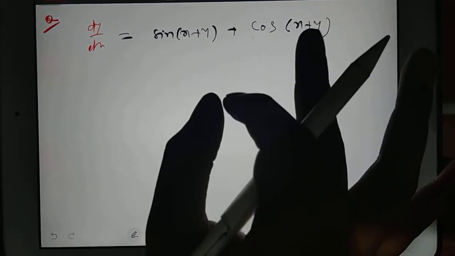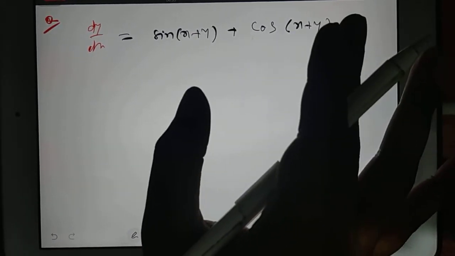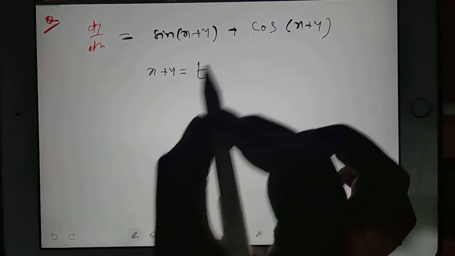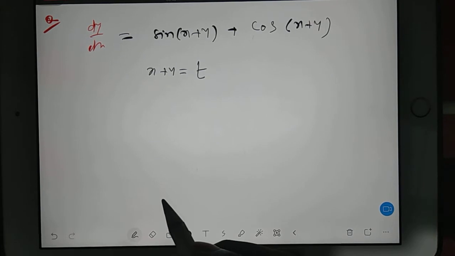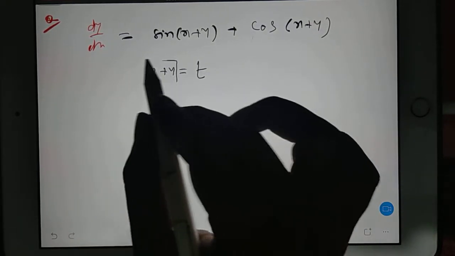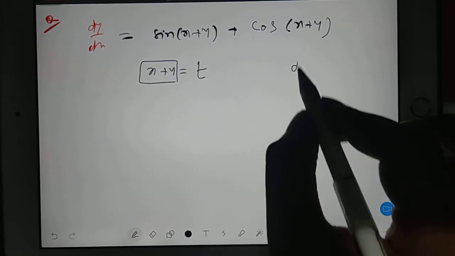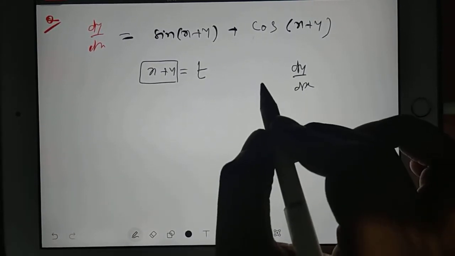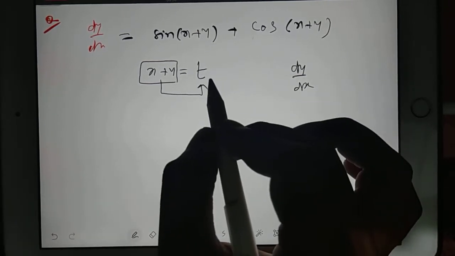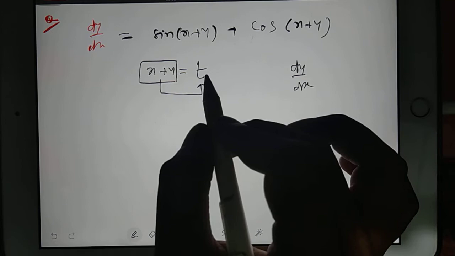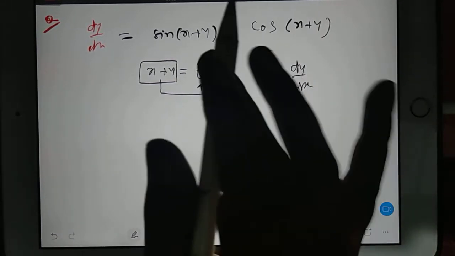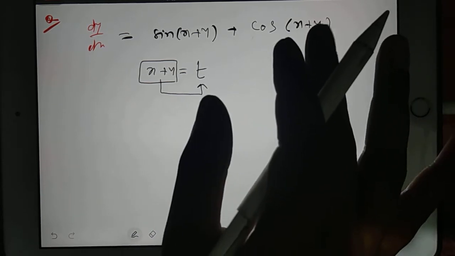So whenever these kinds of questions come, we have a very basic approach. You can consider x plus y as another variable t. When you have a function of x and y, that time you use dy by dx. But when you have x plus y equal to t, there is no x y concept. If I am considering t, then I will try to convert to a single variable. How can I do that?